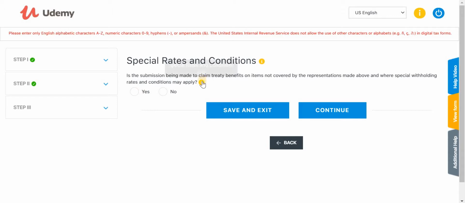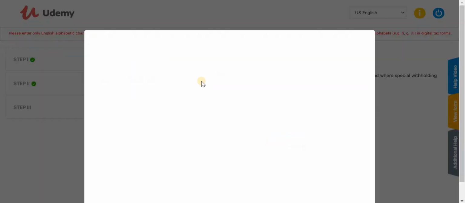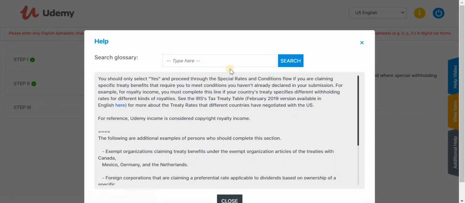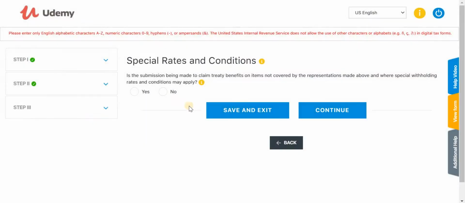If you want to read it in detail, you can click on this yellow icon, then search the glossary, and also scroll to read the full article. I'm closing it, and here I have to choose no, and then go for continue. Let me continue again.